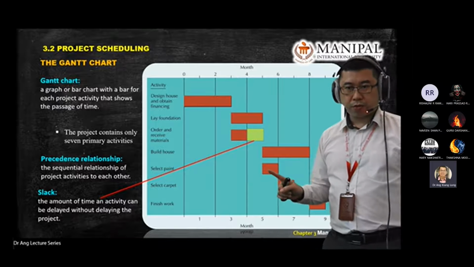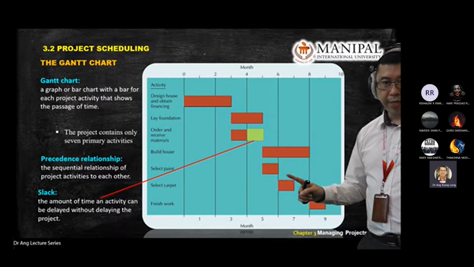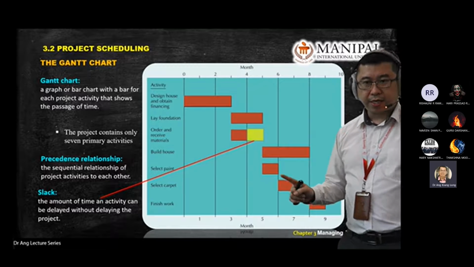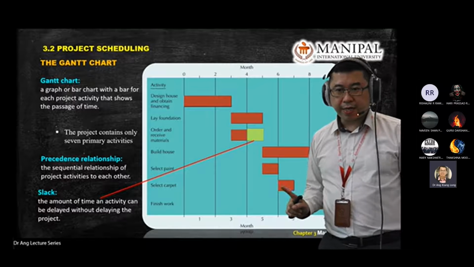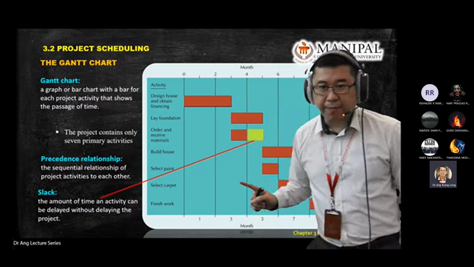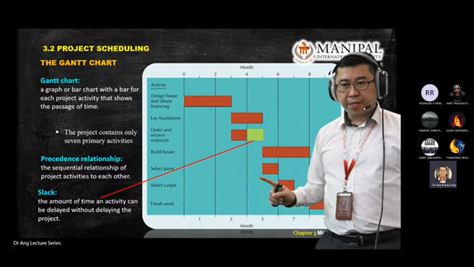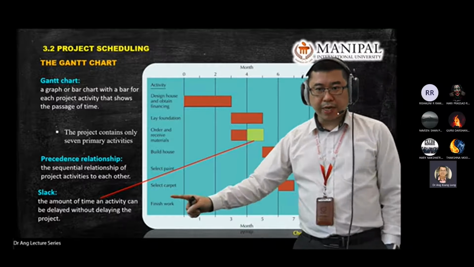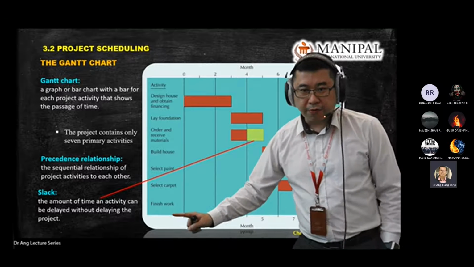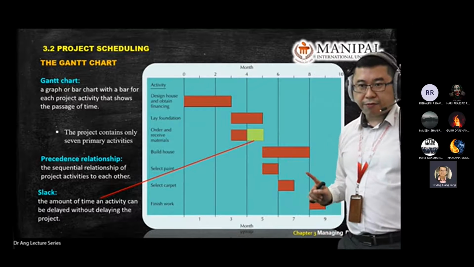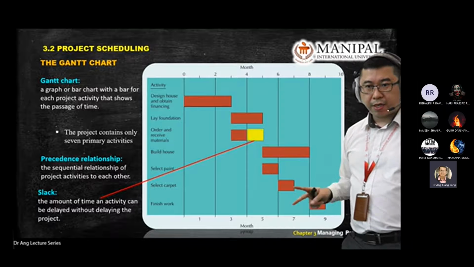Okay, because these two run concurrently with activity number 4, but there's time here. However, there's a preceding activity here. You cannot start selecting carpet before you select paint. Means you must select paint first, only then can you go for carpet. And you cannot start this one, you cannot finish the work if you haven't completed the carpet and selecting the paint. So these two,